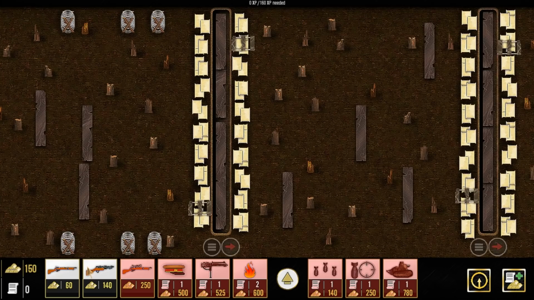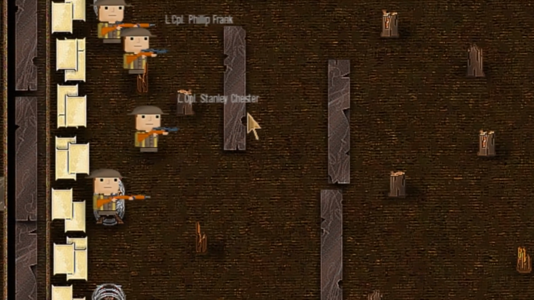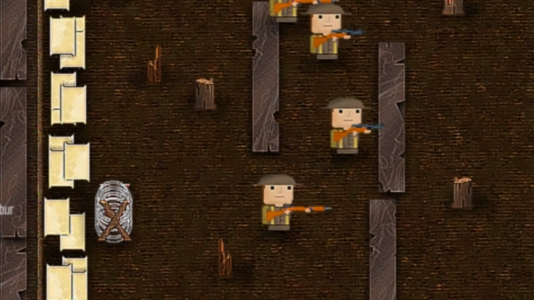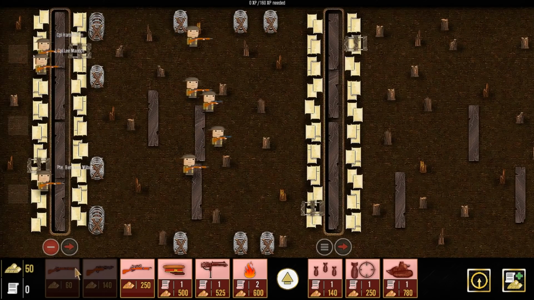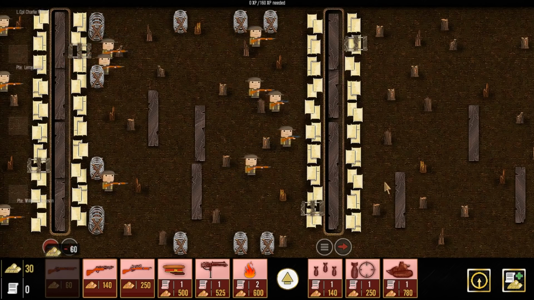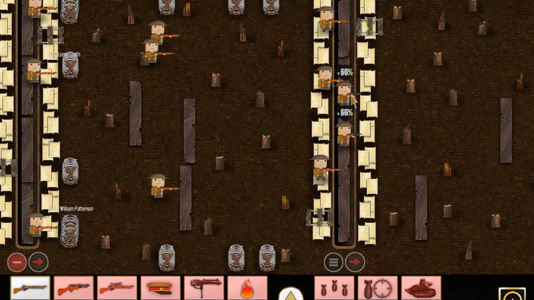The next day. Well, what do we have here? Look at this, we got Lieutenant Corporal Stanley Chester. I love how they all have names. They probably all have families. Actually, let's go ahead and get a few riflemen and save up, and then just proceed to get a sniper relatively early. That way, we do have a few submachine gun guys, but they're better on attack and not necessarily...